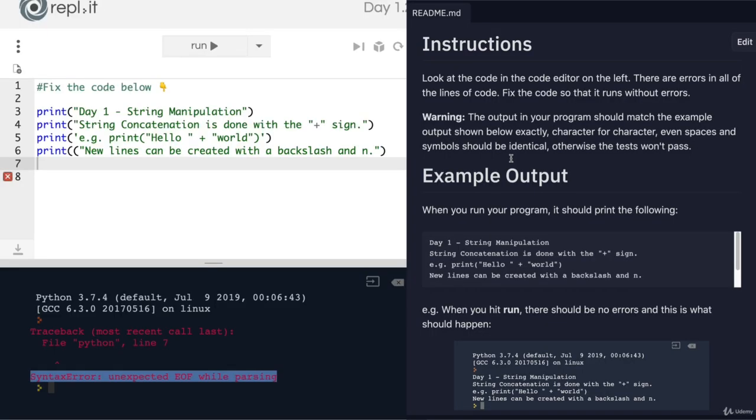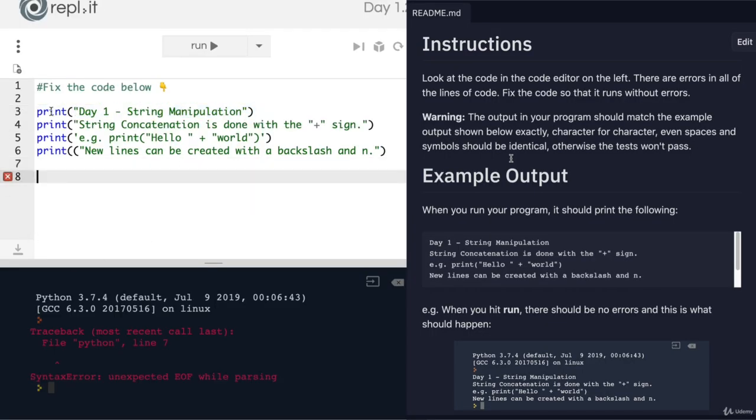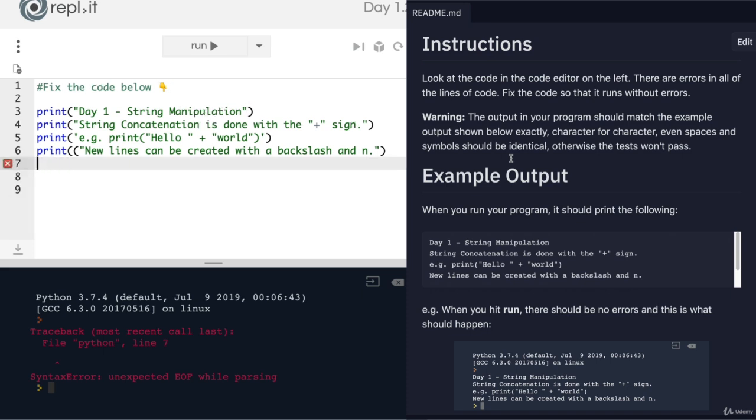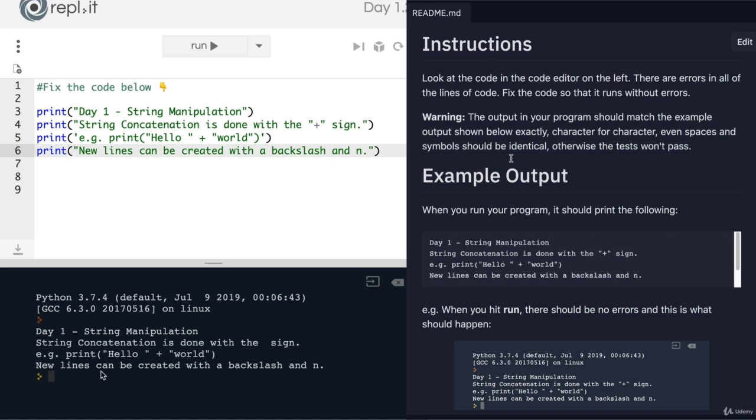What is a code block? Well, this is a code block because it's a print function, it has a beginning, and it has an end. But what does this line not have? Well, it's got 2 open parentheses, but only 1 closing parenthesis. So the computer thinks that you're going to continue writing something and then close it off at the end, which is not the case. In fact, what has happened is we simply have an extra misplaced open parenthesis. And now if we delete that and hit run, you'll see that we have everything printed,